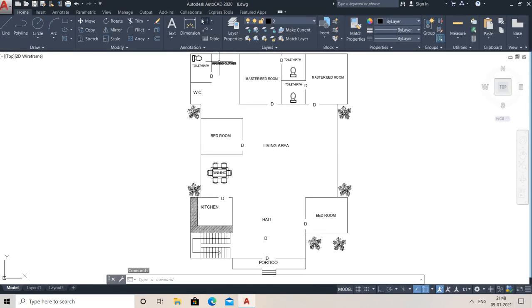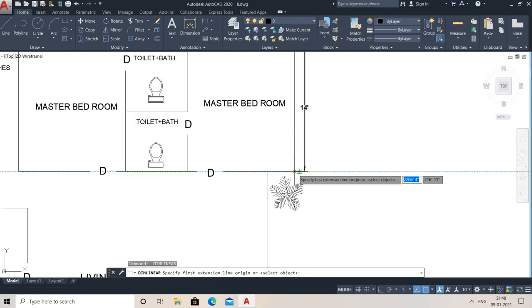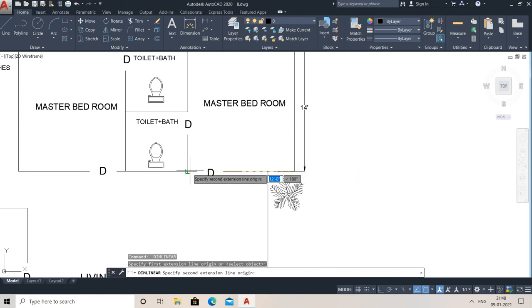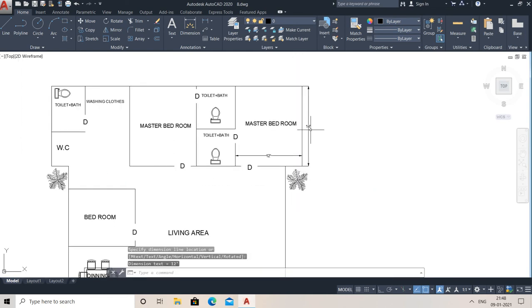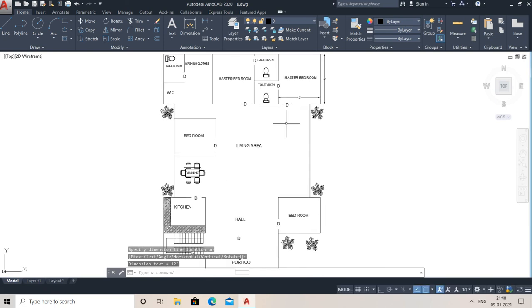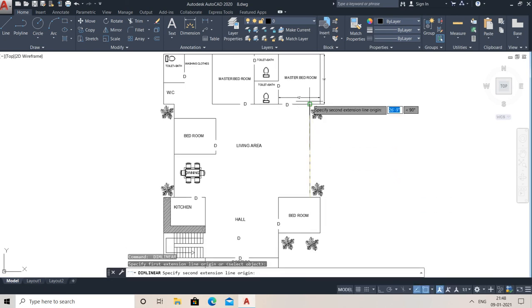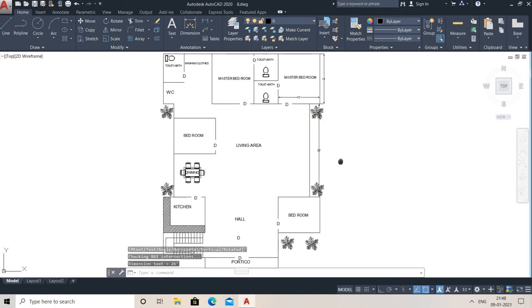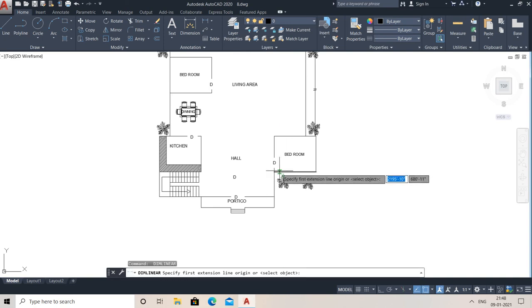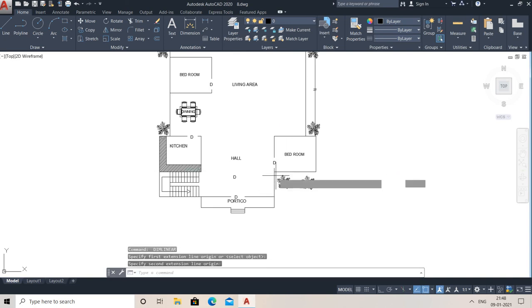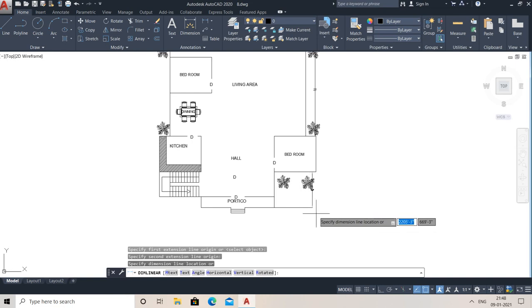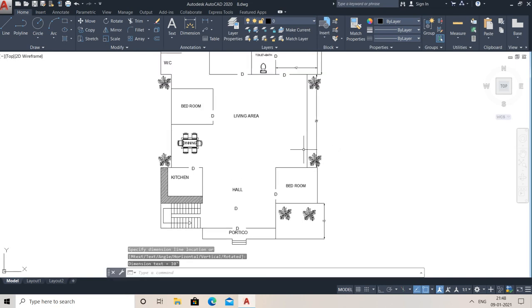So here this is dimension, click it here. Now go from this end point to this end point, you can see how much it is. Now again, repetition of it, go for the space bar, here to here. You can see in the same way you need to do it for all of the dimensions checking. Again, how much space I have been left with, you can see up to here, right? This is the way to do this.